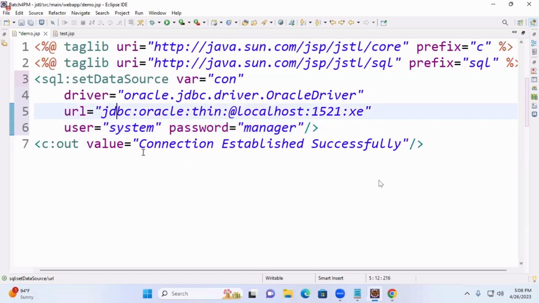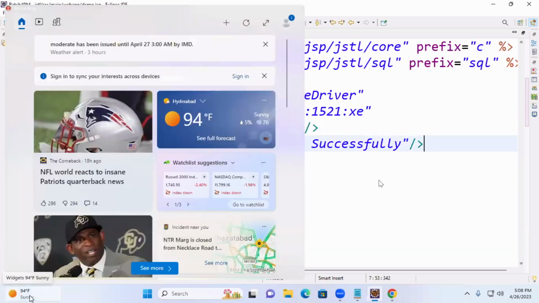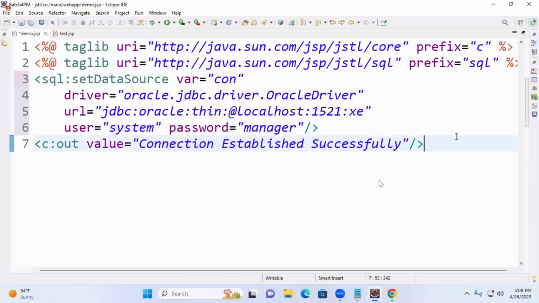Okay. Now, how to establish the connection with JSTL tags completed. Now, if you want to perform operations, if you want to insert data, if you want to delete data, if you want to update, creating table, if you want to retrieve data, how to do, I'll explain. Is it over? Completed? Now, second tag,